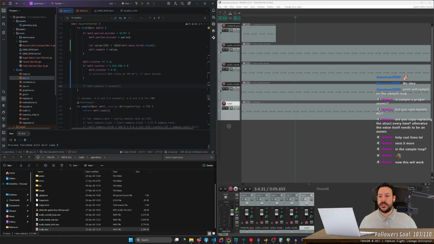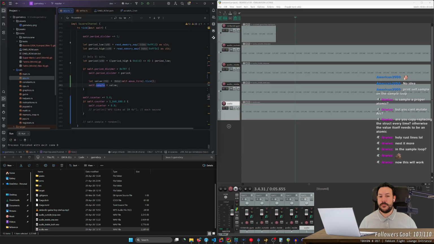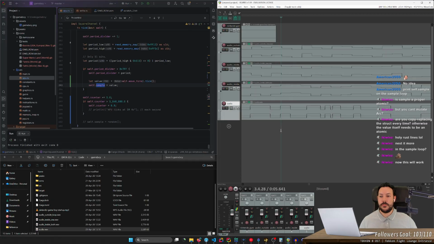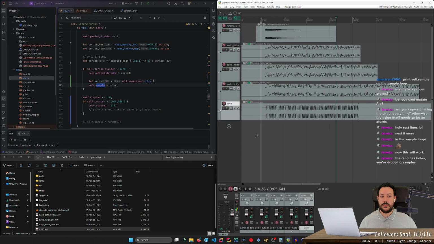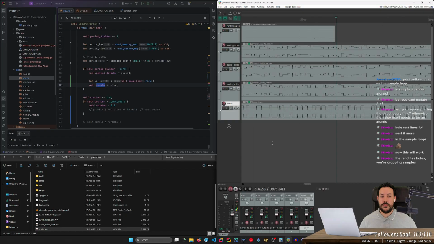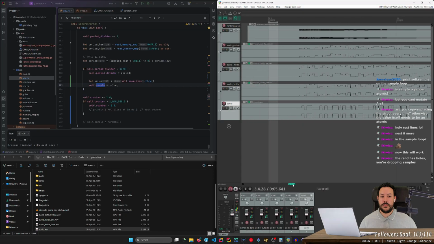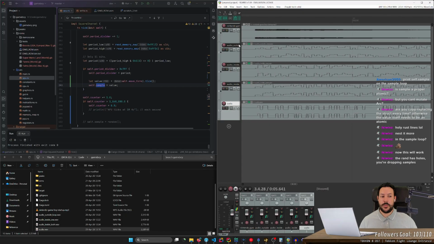I don't know why this is blocky. It should be like the run as holes. You are dropping samples.